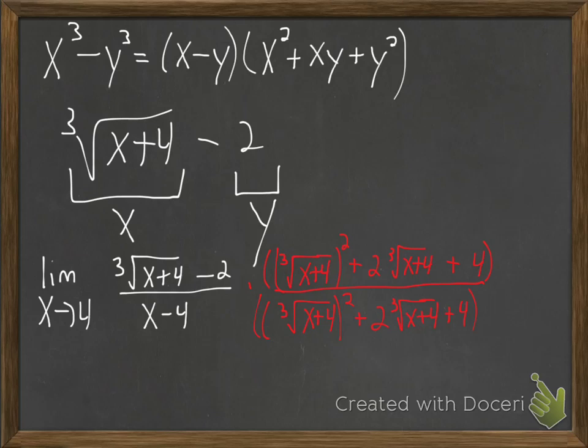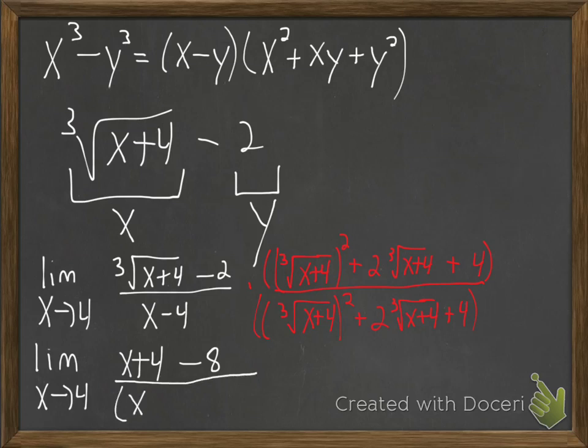So as we multiply through now, again, as I mentioned before, the numerator is just going to become a difference of cubes. So we'll have the limit as x approaches 4. The numerator is going to become a cube, so that's going to be cube root cubed, or just x plus 4, minus 2 cubed, which would be minus 8. And then that's all over x minus 4 times that other stuff,